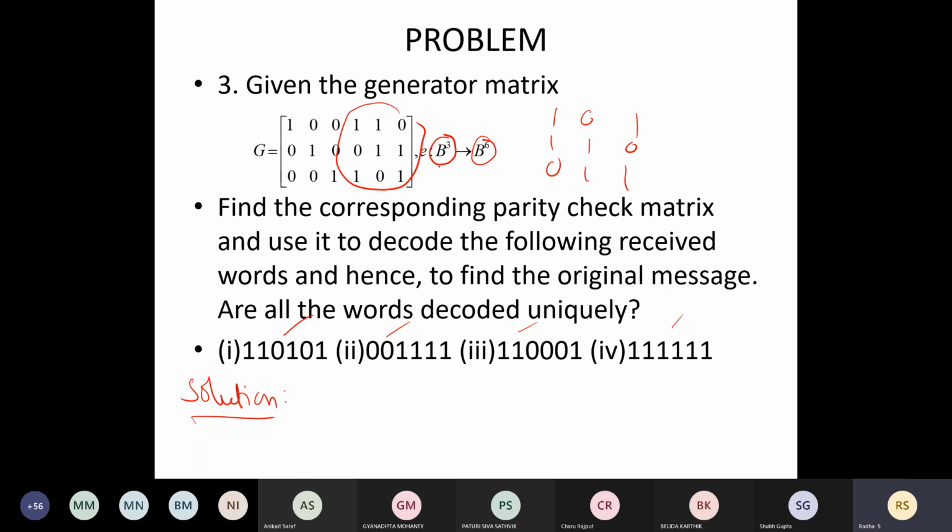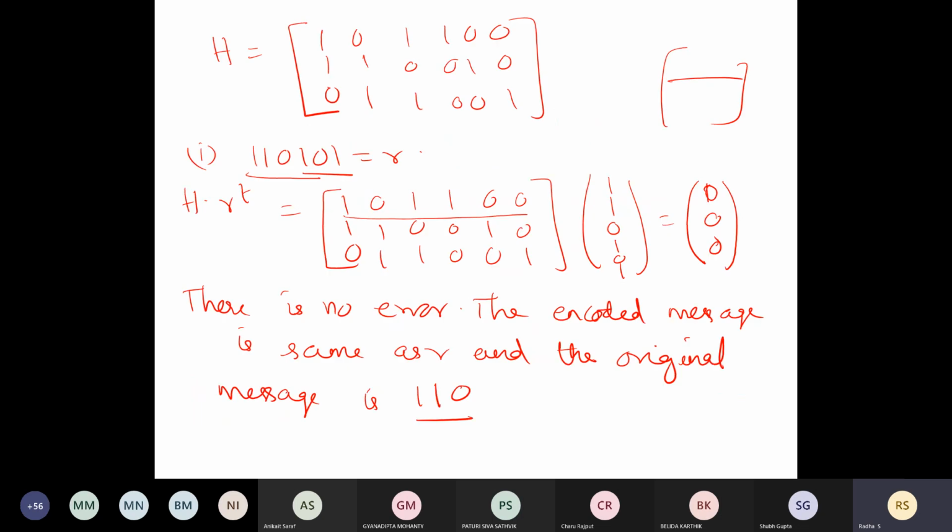All such strings are added with 3 more entries at the end, so you now get 8 elements of B power 6. You are sending all those. Out of that, they have given us only 4 to check whether they have been received correctly or not. So we take them one by one, applying H dot R transpose and checking it. Clear? Next is 001111.